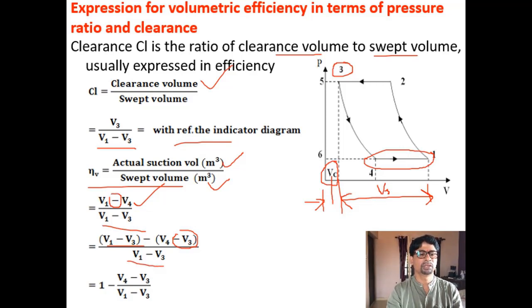Now the first two terms you can see get cancelled with the denominator, it becomes 1. Okay, that is V1 minus V3, the first term. And the second term, V4 minus V3 divided by V1 minus V3, will remain as such. Okay, so you see I am just separating the two terms in the numerator. Once again I repeat, I am separating the two terms in the numerator of this expression here. So V1 minus V3 divided by V1 minus V3 is 1, minus, in between, V4 minus V3 divided by V1 minus V3 is the second term. Okay.